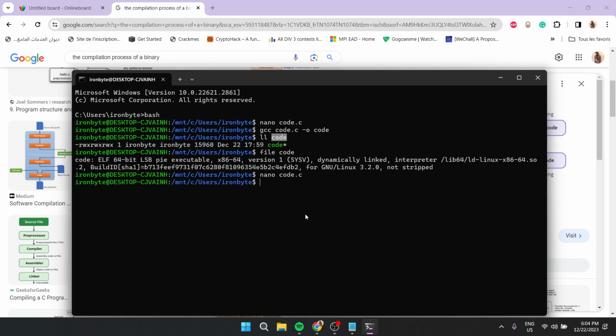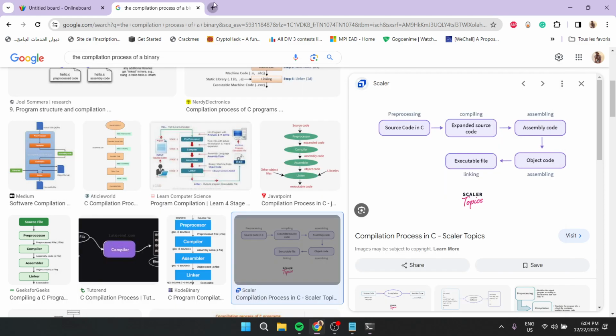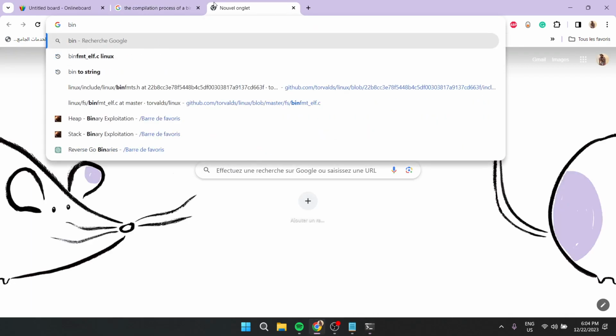Linux, for example, supports many, many formats. By far the most common format is the ELF, which is the Executable and Linkable Format. So basically this is what is happening. And in the Linux kernel, ELF binaries are handled by the binfmt ELF that I mentioned in the previous video,